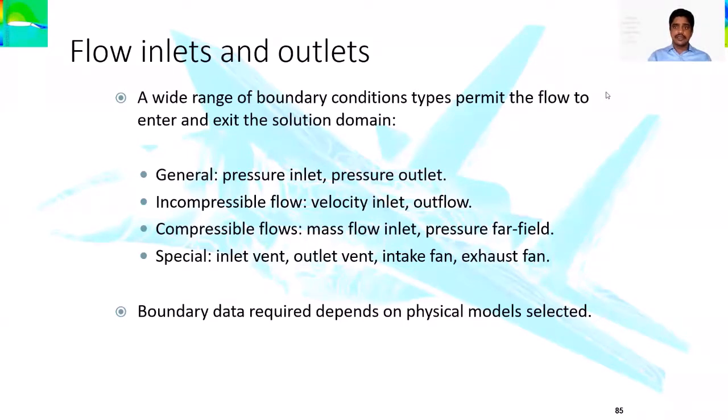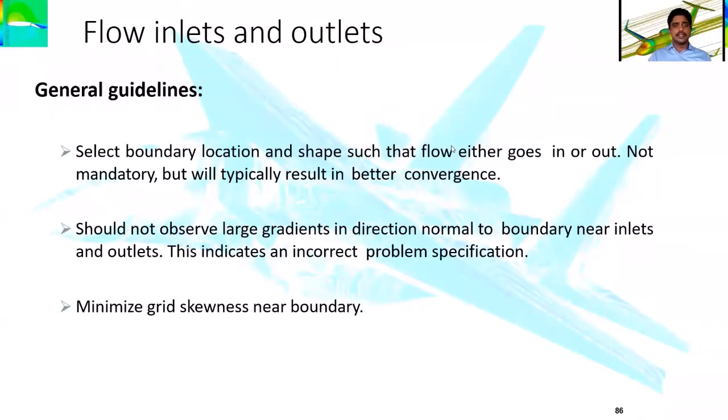Okay, compressible flow conditions. Coming to the flow inlets and outlets, we need to define these boundary conditions in the CFD domain. As far as the theoretical understanding from the textbook is concerned, it is only on the walls of the boundary that v is equal to 0, u is equal to 0, w is equal to 0. That is all that is specified in the theoretical understanding.